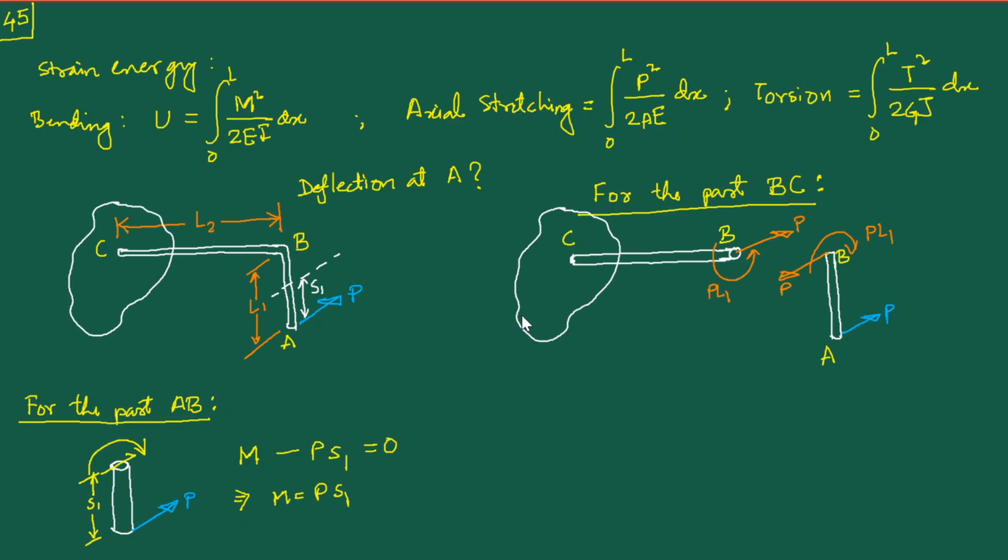So we have to take a cut section at a certain distance from B and consider what is going on over that portion which is exposed by the cut. So we take a cut section at a distance S2. So this distance is S2 from the end B,